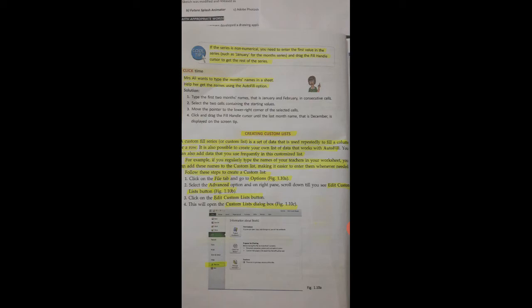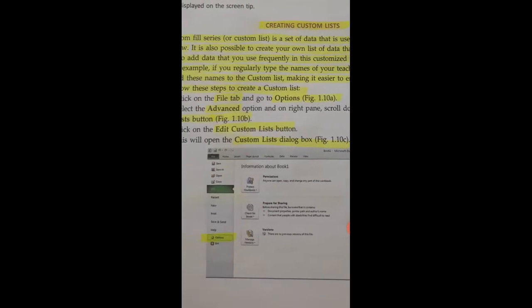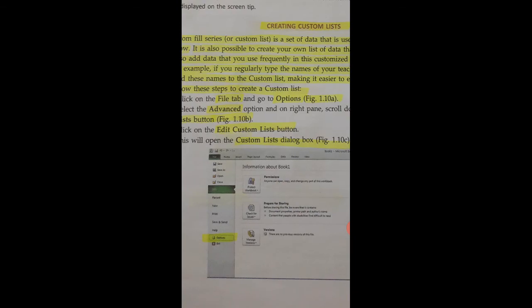यहाँ पे स्टेप्स दिए हैं। फॉर एग्ज़ाम्पल फाइल टैब में आप जाएंगे, लेट्स सी द फर्स्ट वन इज़ फाइल टैब। फाइल टैब को चूज़ करते हुए आप ऑप्शंस में जाएंगे, सेकंड लास्ट ऑप्शन इज़ ऑप्शंस। ऑप्शंस पे क्लिक करेंगे तो आपके सामने ये डायलॉग बॉक्स ओपन होगा। इस डायलॉग बॉक्स में आप एडवांस्ड को चूज़ कर लेंगे। एडवांस्ड को चूज़ करने के बाद आप एडिट कस्टम लिस्ट, जो रेड में सर्कल हुए में एडिट कस्टम लिस्ट को क्लिक करेंगे।